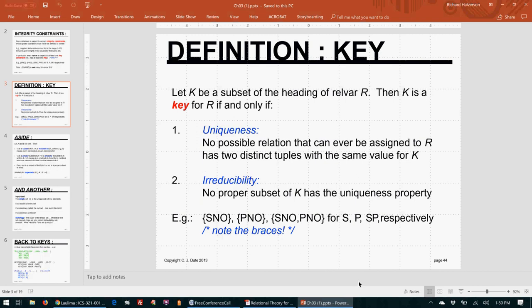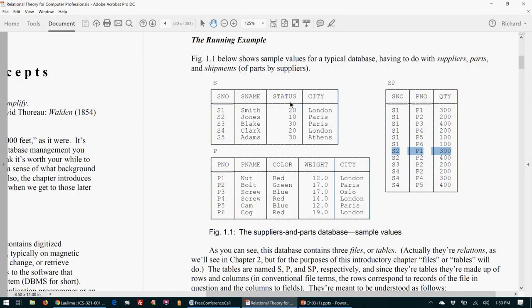So, for example, in this thing, we cannot have the key be SNO, comma city. I mean, it seems like that would be a reasonable key because London S1 uniquely identifies this first supplier. London S4 uniquely identifies Clark. You know, Athens S5 uniquely identifies Adam. But that doesn't work